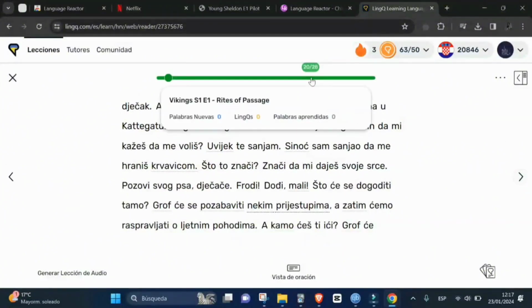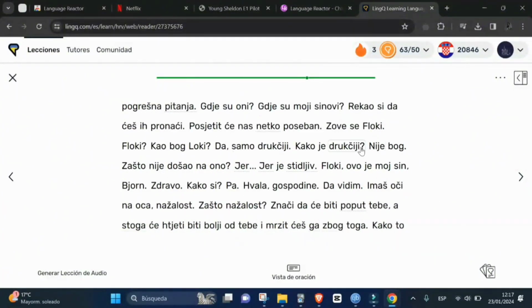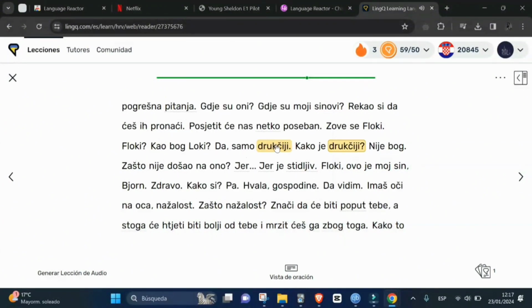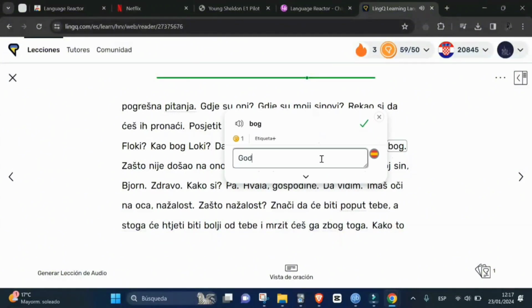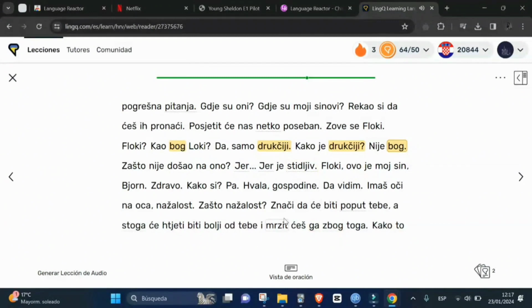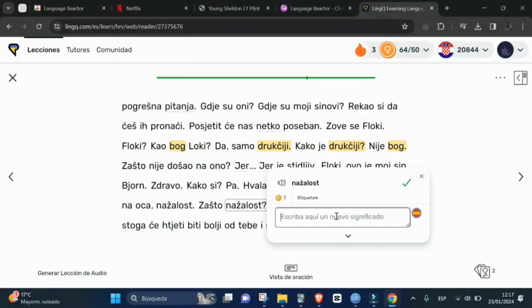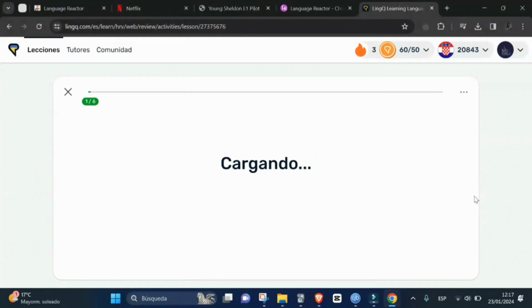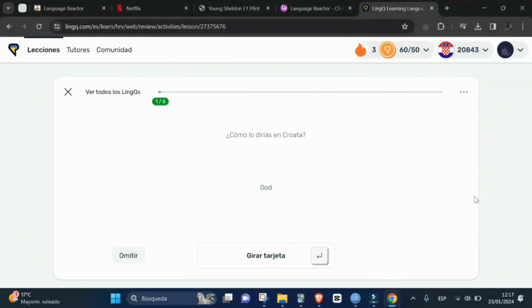For example, let's say I don't know this word, which means Drugčí, different. Drugčí. Well, actually this means more different, I think. Drugčí. Yeah, more different. Let's say I don't know this one, which means God. Bog. And let's say I don't know this one. Nažalost. Unfortunately. Nažalost. Then I go here to review lesson, and I do exercises with these words to review them,